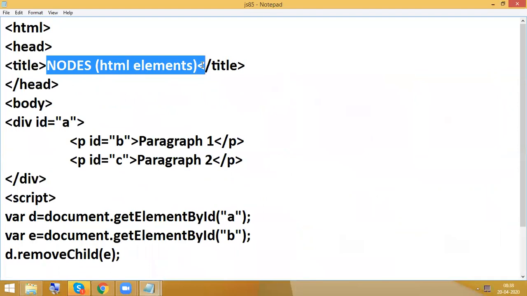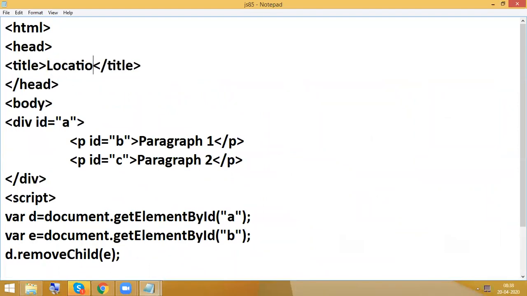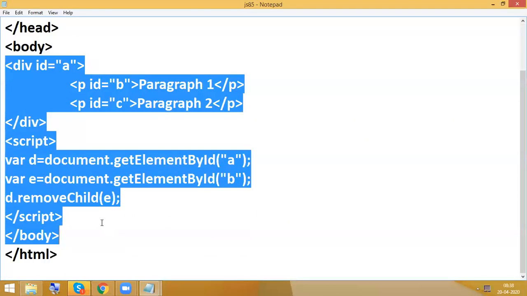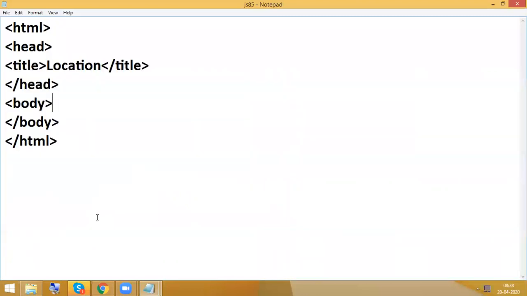Now we are going with some other concepts. Now here I'm going to have some text as usual.